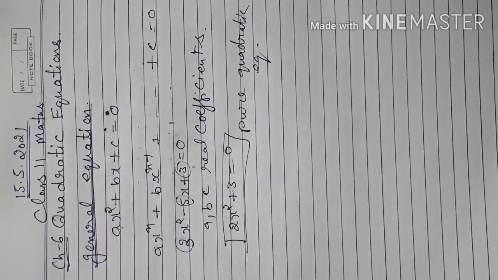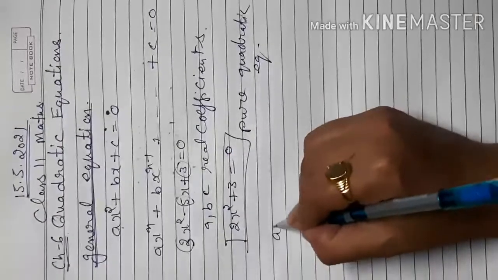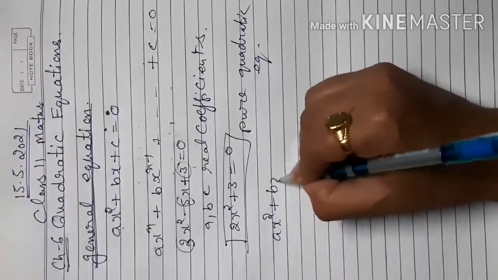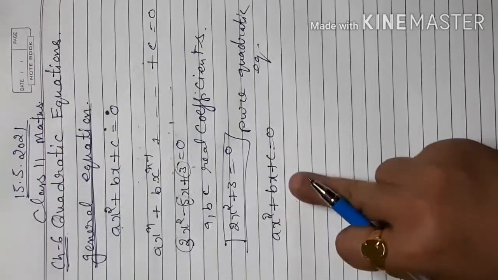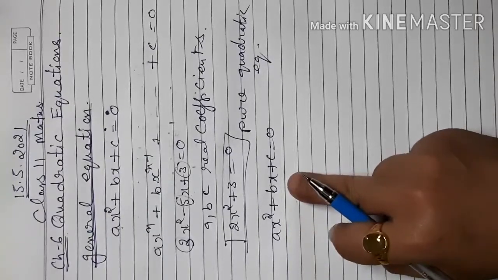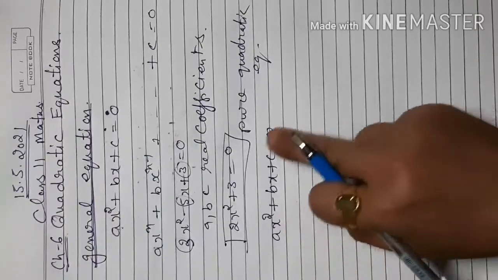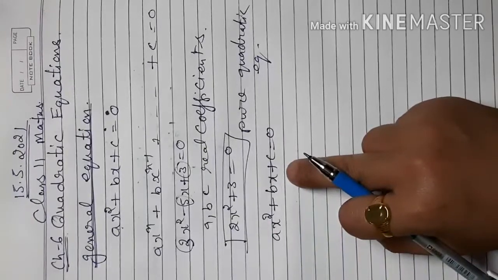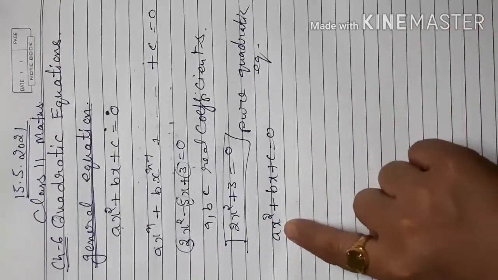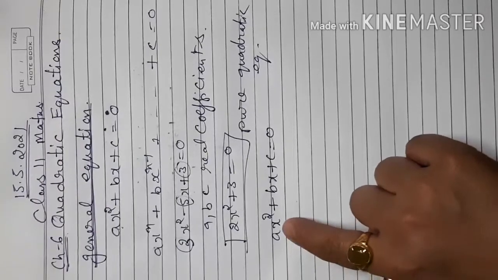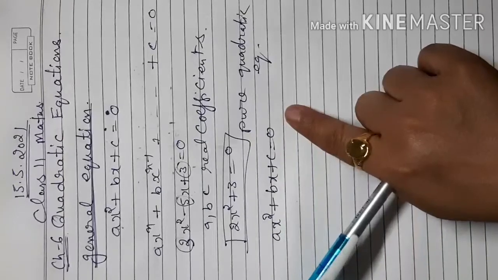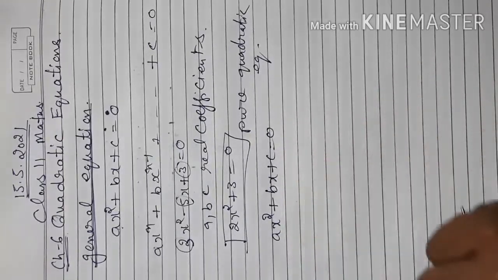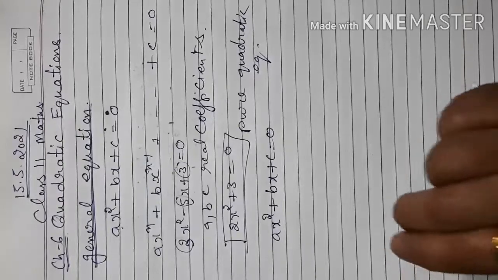Now the next question is how we can find the value of x. If I have a quadratic equation ax square plus bx plus c is equal to 0, then when we find the value of x in this quadratic equation, that x value we call the root of this equation. What does the root of this equation mean? When you replace x with that root value, your left side satisfies your right side. So that is the solution of the equation, whatever value of x we find.